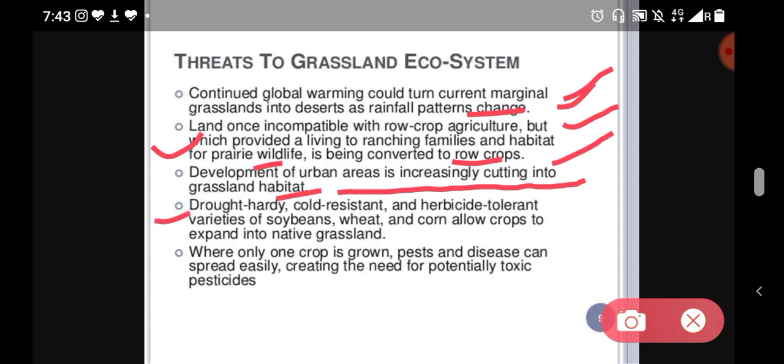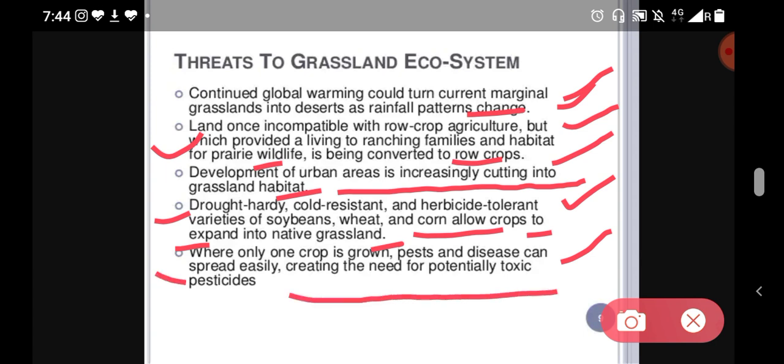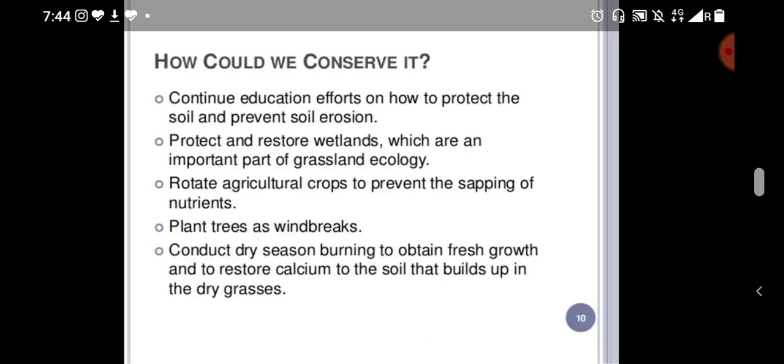Drought-hardy, cold-resistant and herbicide-tolerant varieties of soybean, wheat and corn allow crops to expand into native grasslands. Where only one crop is grown, pests and disease can spread easily, creating the need for potentially toxic pesticides.